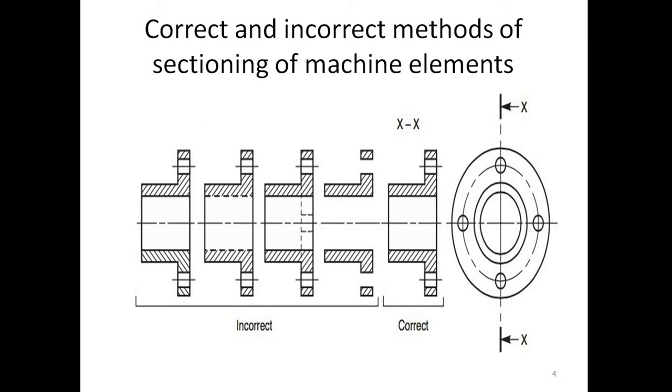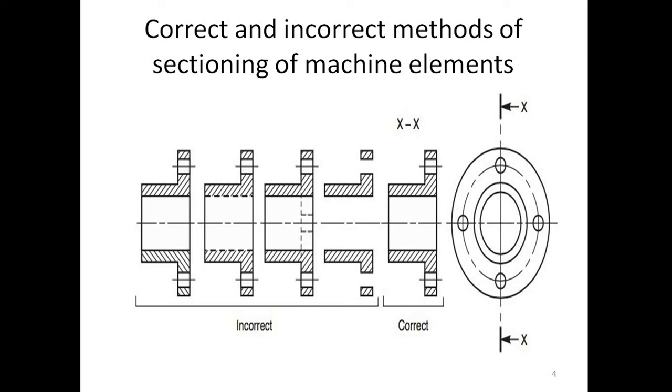But there are some incorrect methods also. In the first incorrect figure, inside a small diameter, those lines are cut. Then for the outside diameter, and for the inside diameter again, the inside bore, those lines are again cut. This is an incorrect method. The second incorrect drawing is where the sectional view is taken as well as the front view